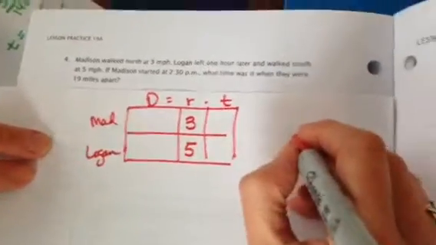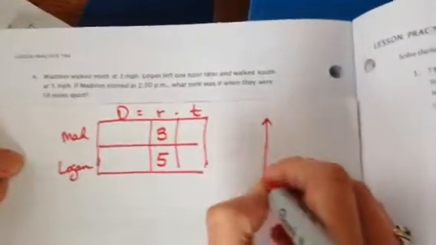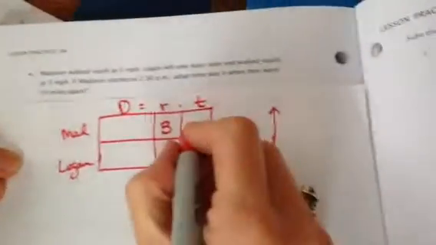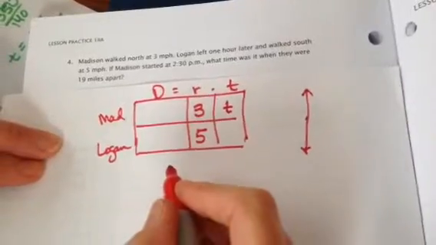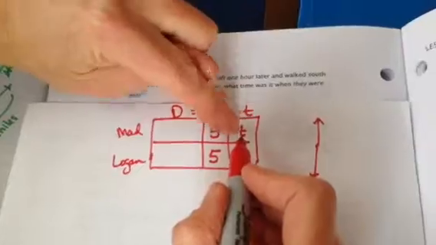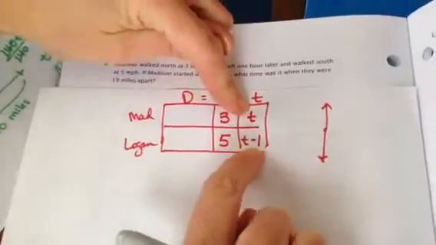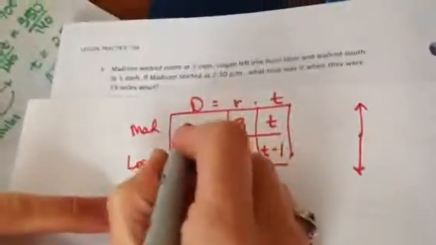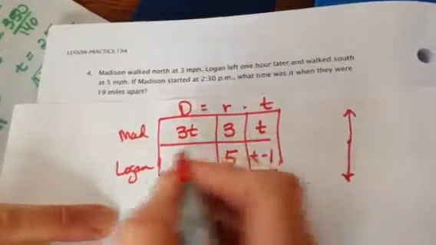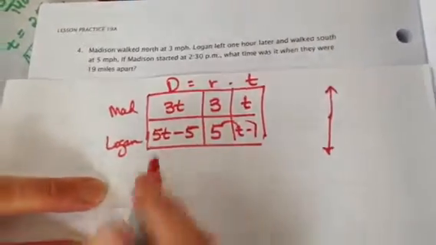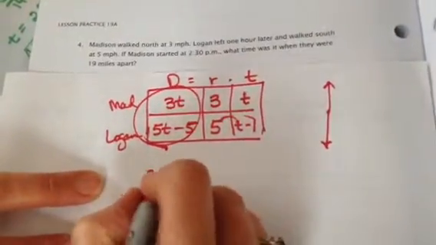So look, here's Madison. She's walking this way. Logan's walking this way. They're walking opposite directions. Okay, I do not know how long Madison walked. It doesn't tell me that. But I know Logan left 1 hour later. So however long she walked, he walked an hour less. Do you see how I subtracted 1 right there? So again, once you figure this out, that's the tricky part. So my distance here is 3t, because you just multiply those two together. Here I would get 5t minus 5. Don't forget to distribute. This total distance, add them together,